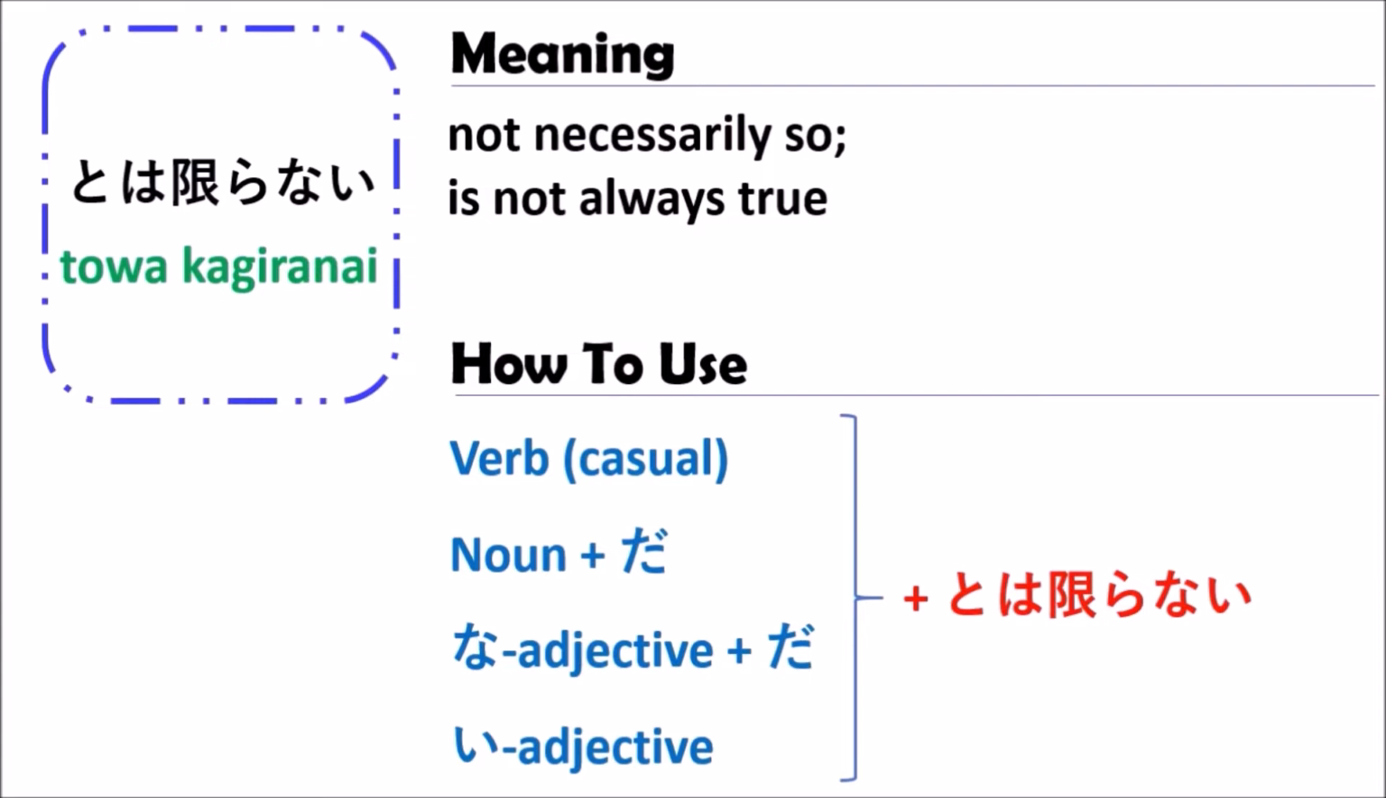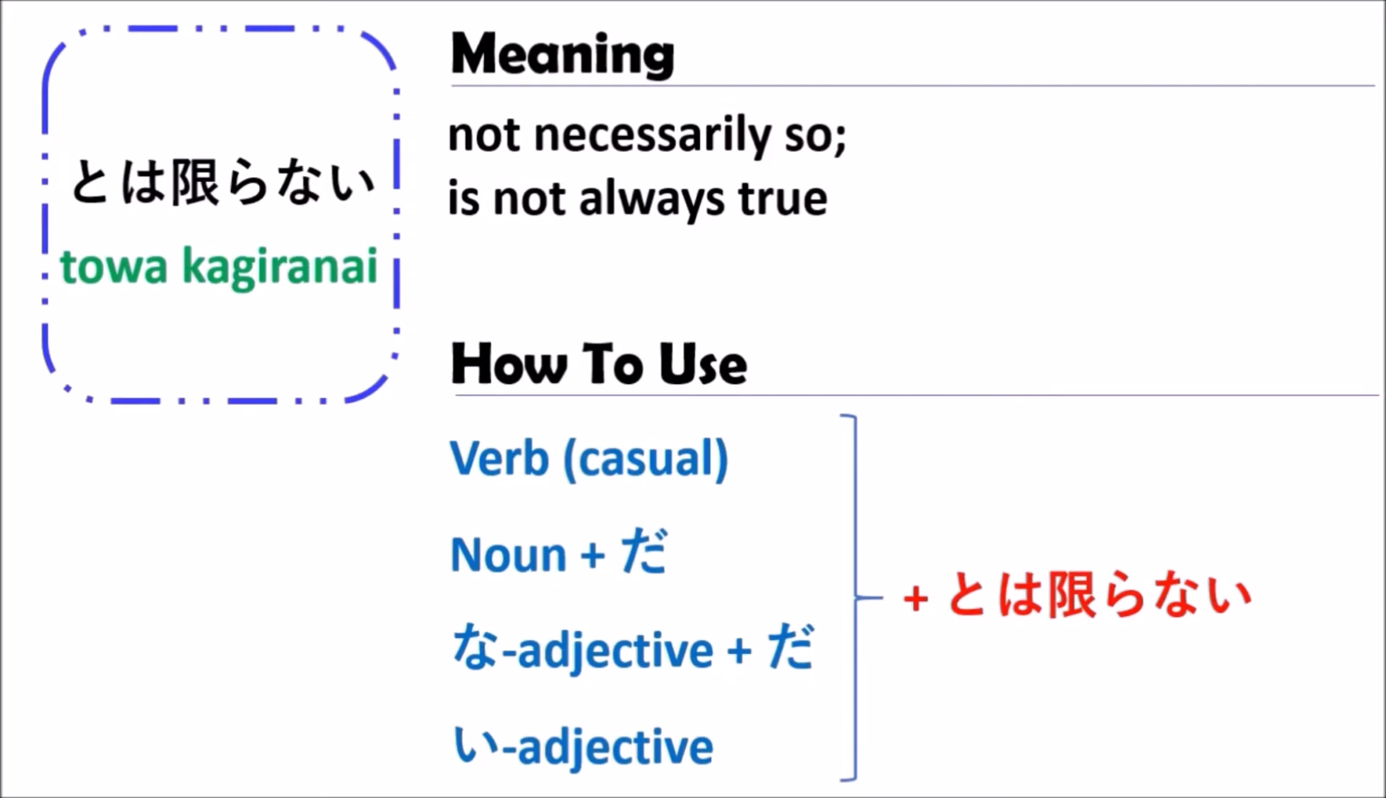And sometimes you can use TOWAKAGIRIMASEN, which has the same meaning. So when you use TOWAKAGIRANAI, it has the meaning that it's not necessarily so or is not always true, something like that. So next let's go see some examples to understand more about how to use